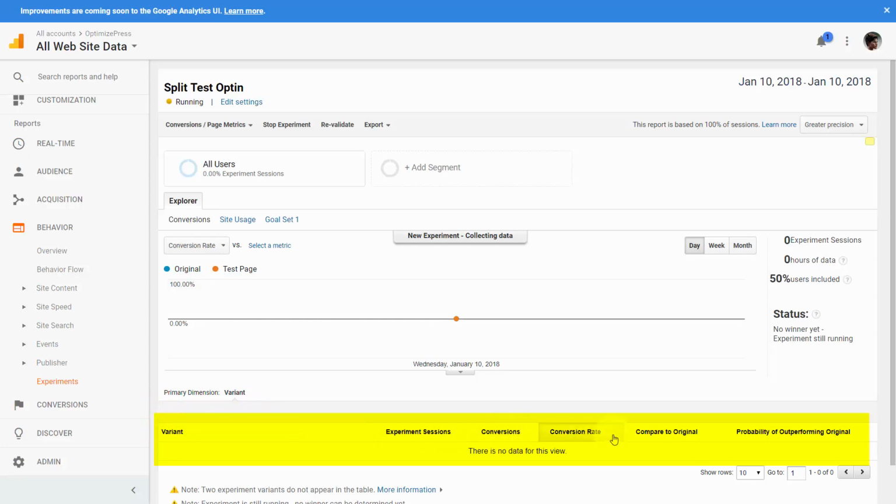how it's converting, and whether or not it is likely to outperform the original page. So you'll have information at a glance as to how well your page is doing and whether or not you